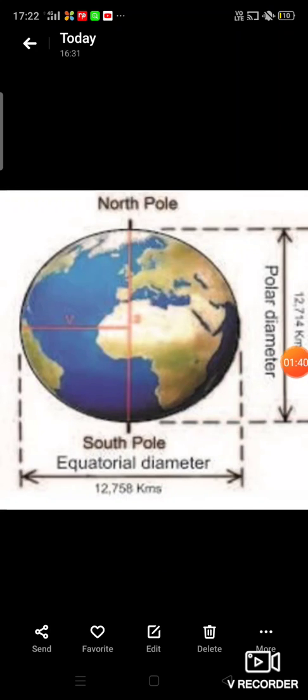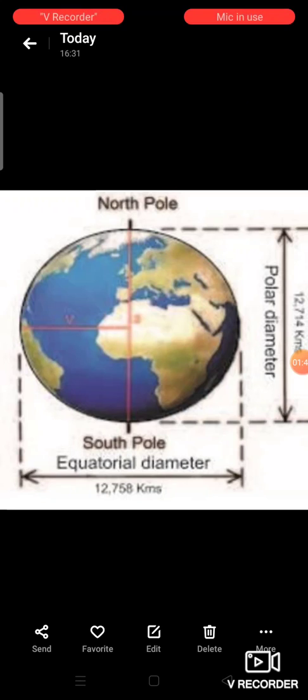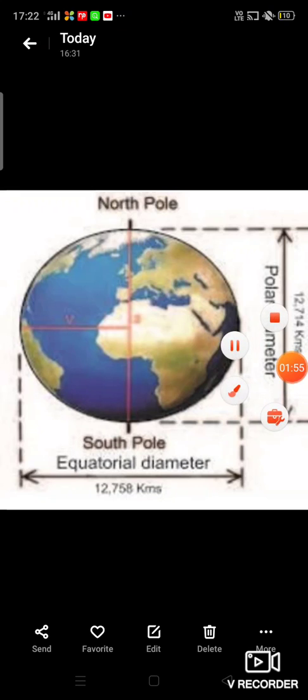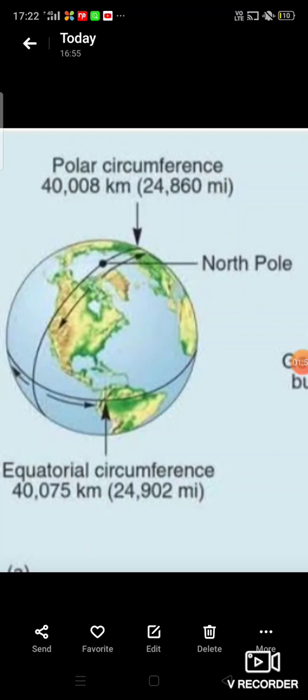This picture shows polar diameter and equatorial diameter, and it shows that the polar diameter is less than the equatorial diameter. And this picture shows polar circumference and equatorial circumference, and it shows that the polar circumference is less than the equatorial